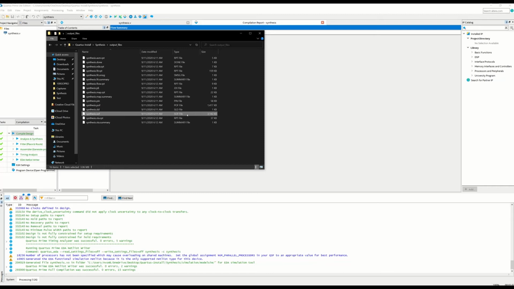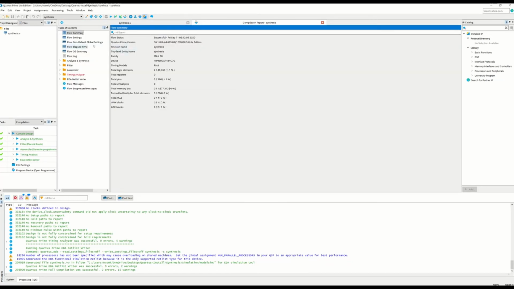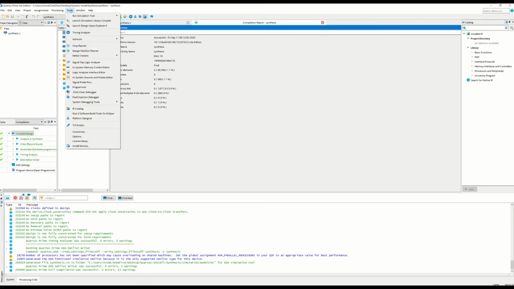That is the file that has all the things you have written in Verilog in terms of the things your board understands. That's the bit stream that you want to dump in there. It's called an SRAM object file, if you are curious about what SOF means. Once you have this file, you want to connect your board to your PC through USB, of course, and then go to Tools and then Programmer.